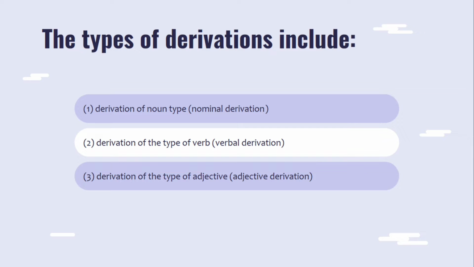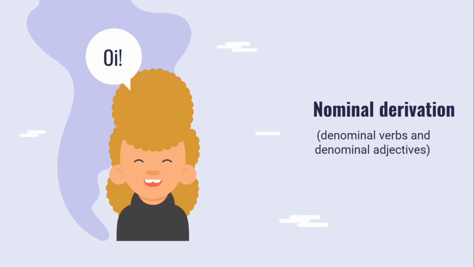In the concept of the Javanese language, there are three types of derivation. Number 1, nominal derivation, 2, verbal derivation, and 3, adjective derivation. First is nominal derivation. A nominal derivation is a process of morphing the identity of the lexicon of the word that occurs in the process of word formation, involving affixes derivative on the basis of noun becomes a class of